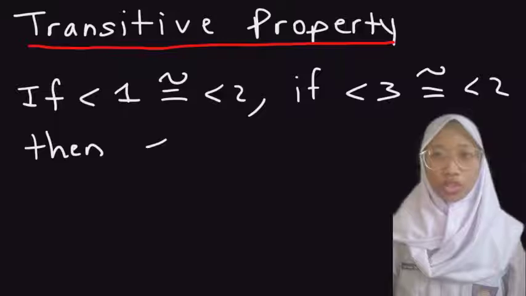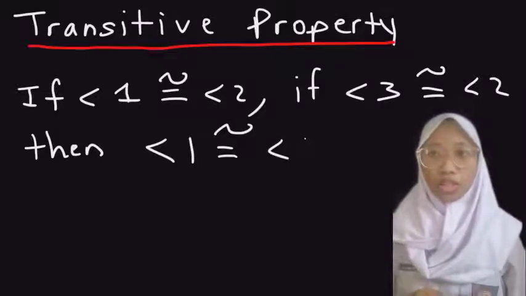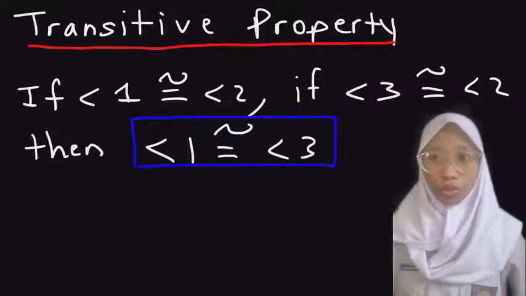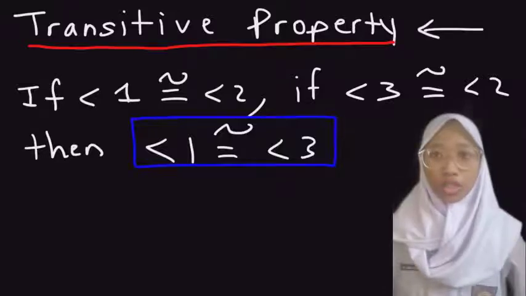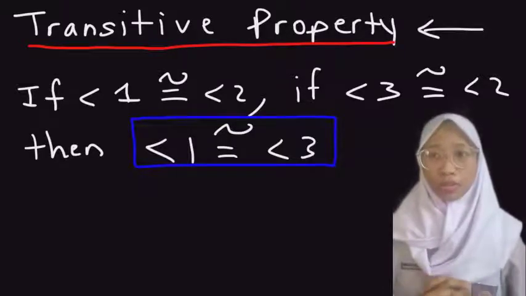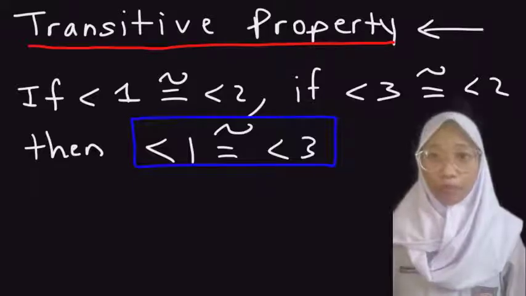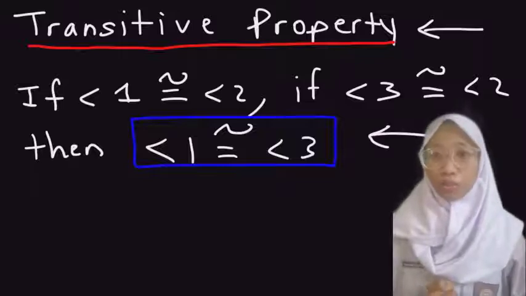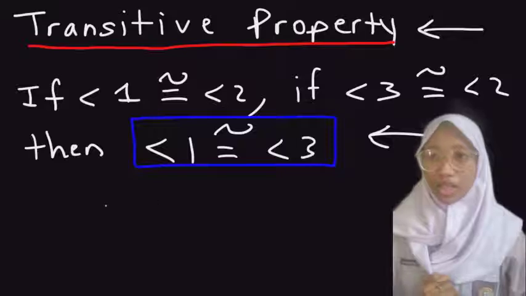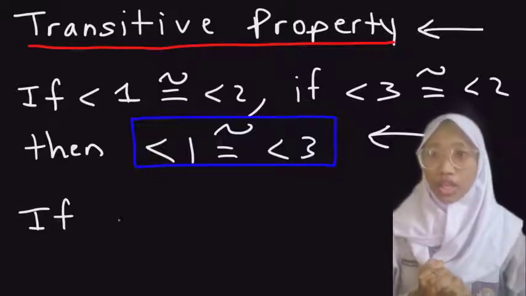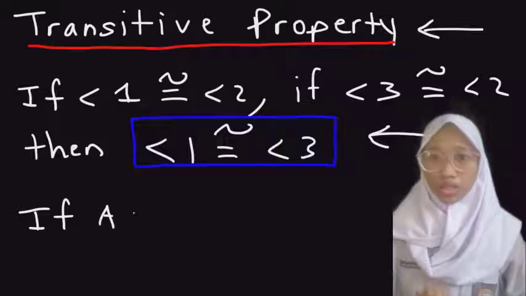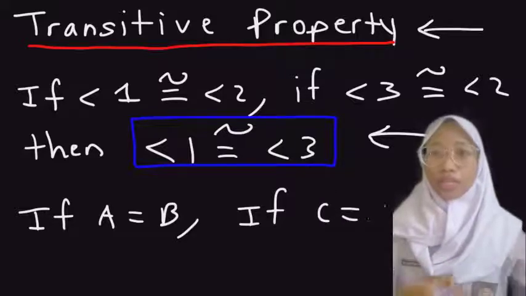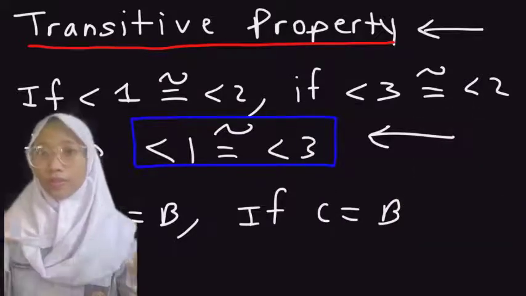Now it seems obvious, but you need to know that this property matches this situation, because if you are doing, let's say, a problem with a two-column proof, you need to know that the transitive property corresponds to this particular situation. Another way in which you could describe the transitive property is using variables. So you can say that if A is equal to B and if C is equal to B, then that means A has to equal C. So we can write A is equal to C. And that's the basic idea behind the transitive property. So that's something else that you want to add to your notes.